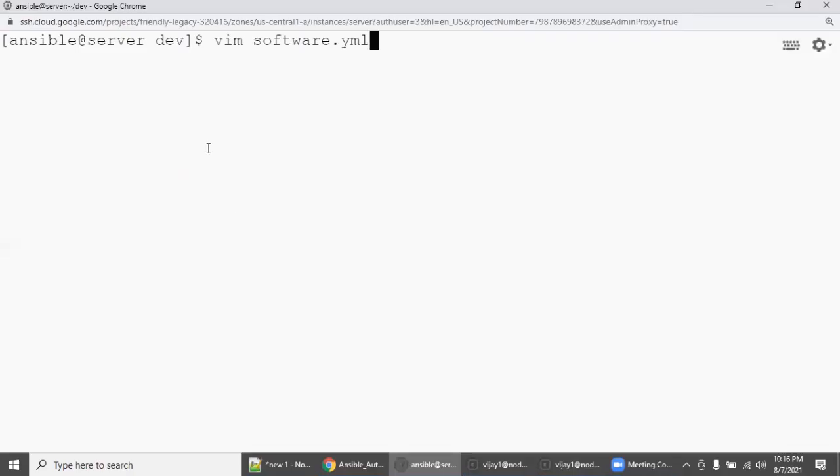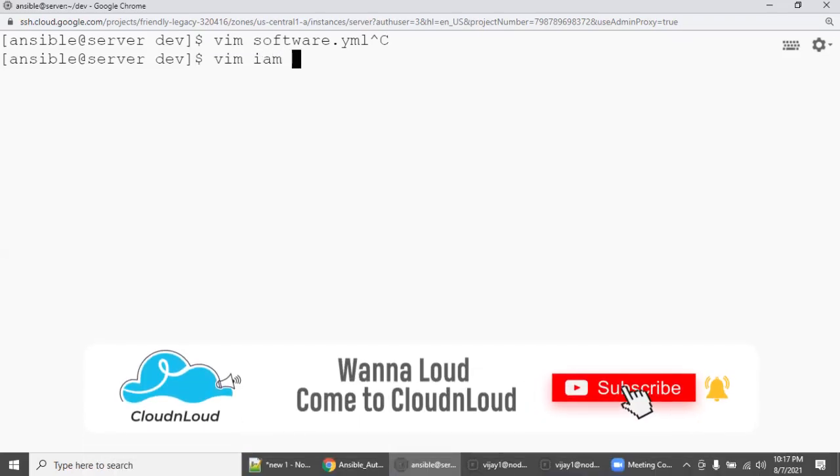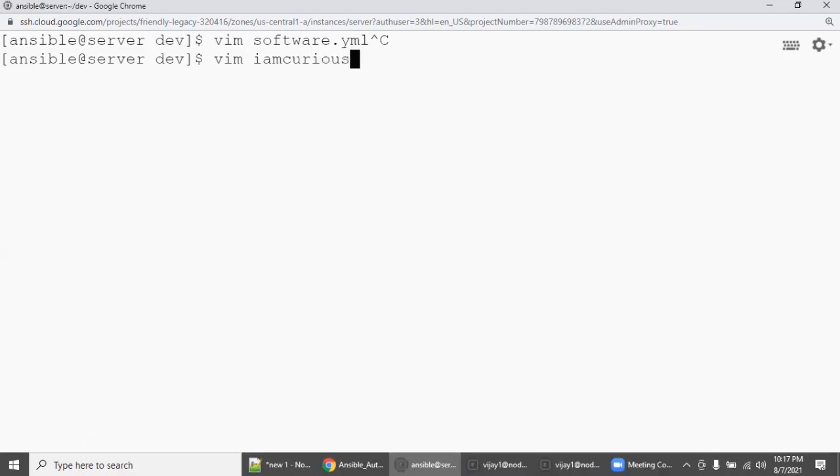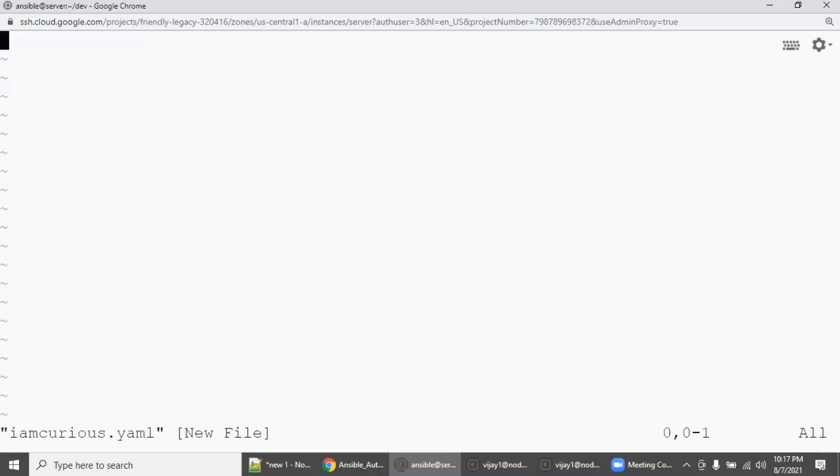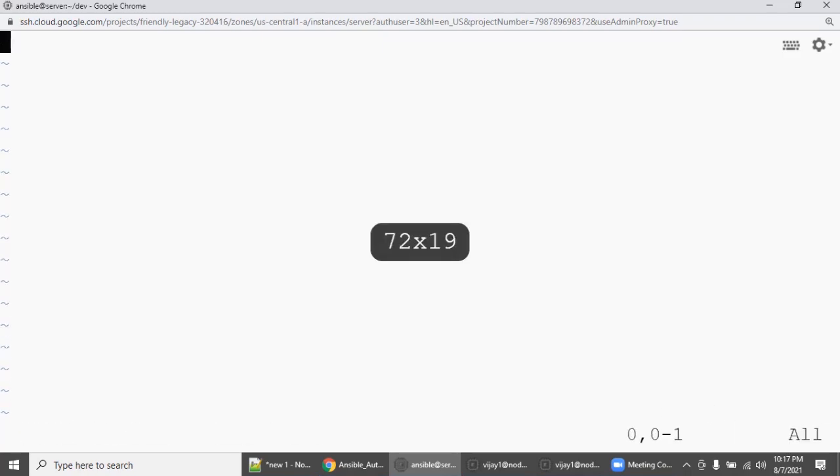Okay, now we will go with vim, software.yaml. Enter. If you understand the first 4 lines, then playbook construction is very easy. I'm just zooming it out.